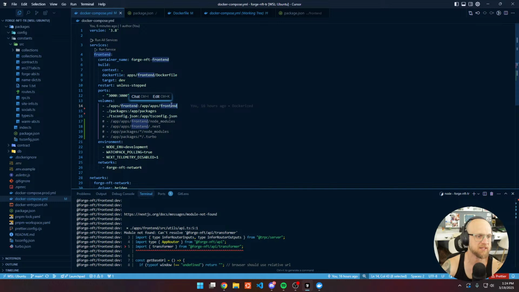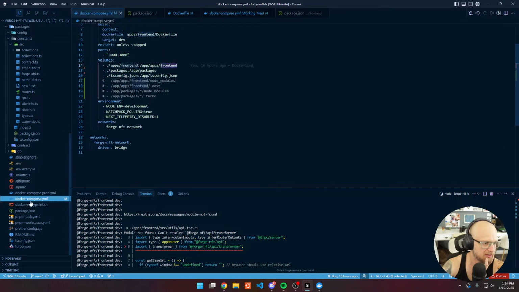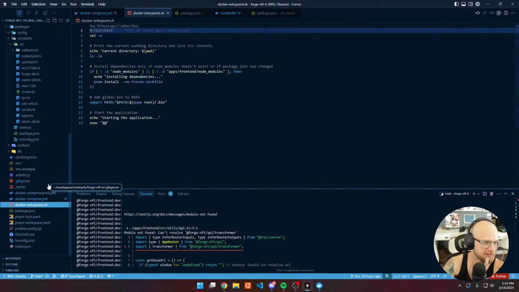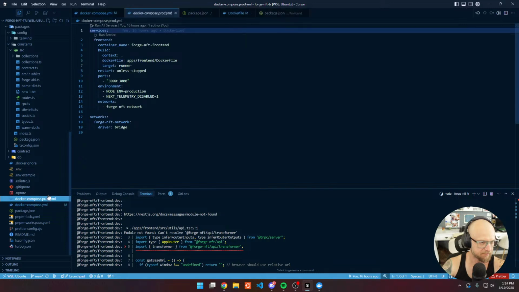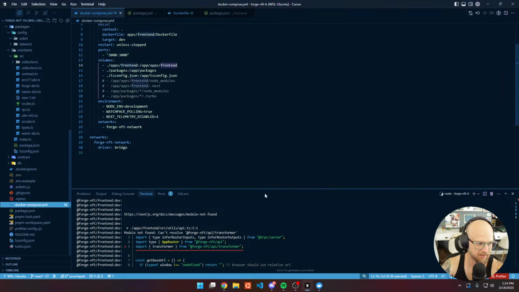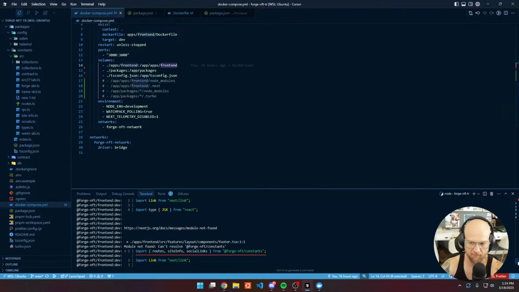So, well, yes, because that means to me that it would have the tsconfig too, unless, where's my Docker ignore? And also, am I even using the entry point anymore? I'm not, right? If I delete this, and frankly this,